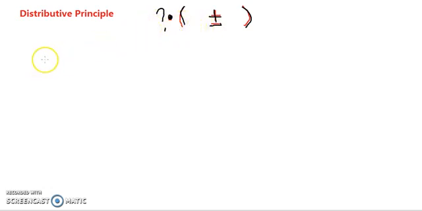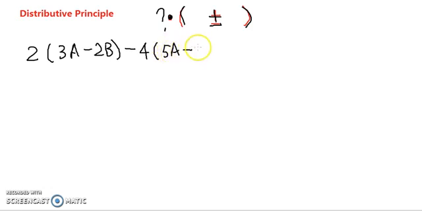we have to use the distributive principle. So in cases where we have two pairs of parentheses, we have to use the distributive principle twice. So for example, if we have 2, there's nothing between the number 2 and the parentheses, so that means it's a multiplication. We put, say, 3a minus 2b, and then we can continue this and put a minus 4 parentheses